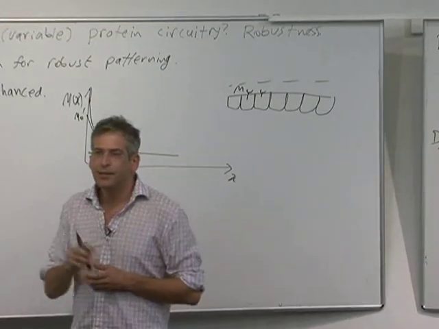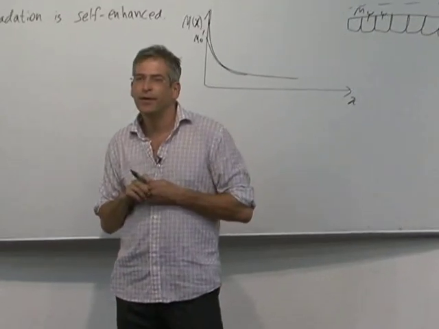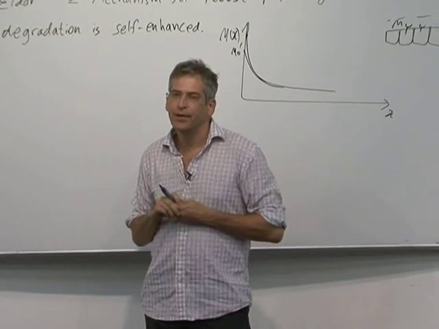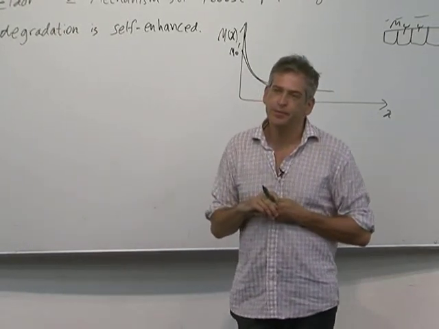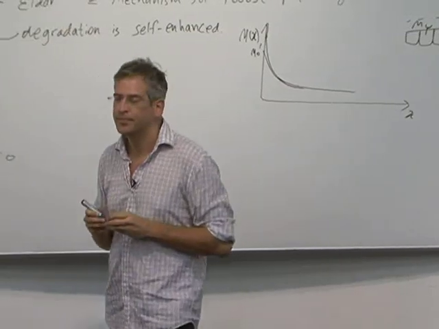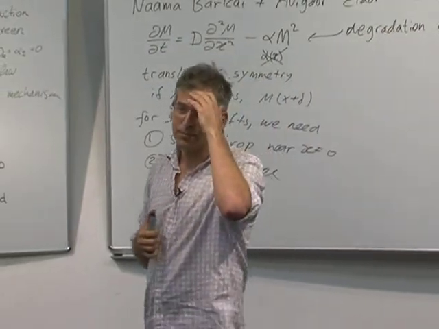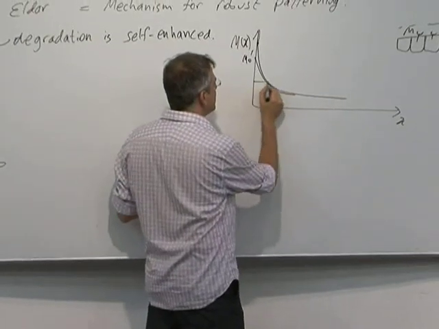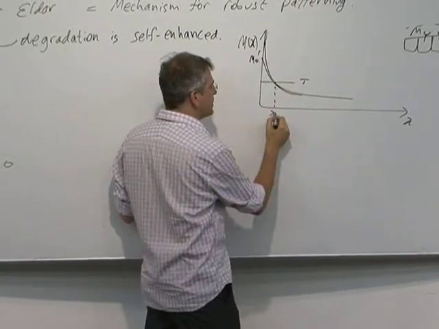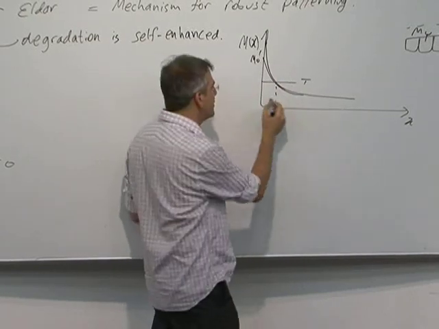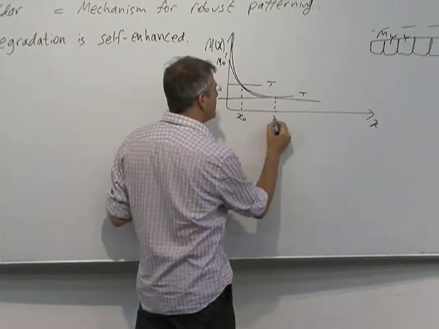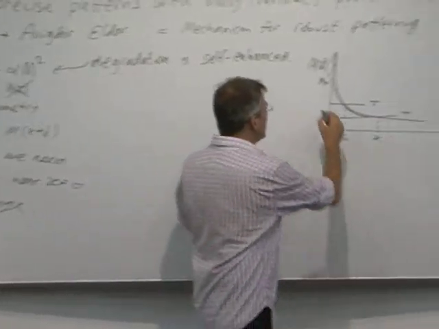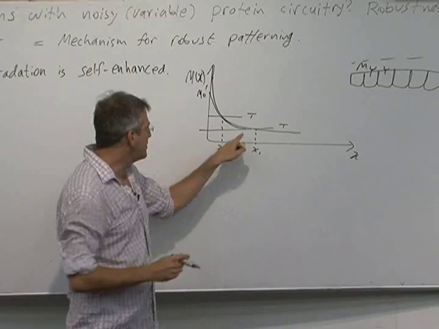Other questions? Yeah. If the signal M is noisy, then the thresholds have to be very far from each other, right? But you have a long tail, so how can you not have, like, A, B, A, A, B? So the question is that this is a threshold, and this determines the position of, let's say, one region. There's another threshold for the position of another region. So if the morphogen is noisy, and in fact looks like this, you might cross this twice.